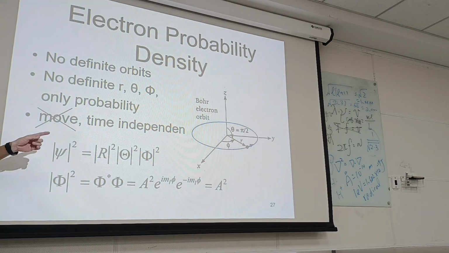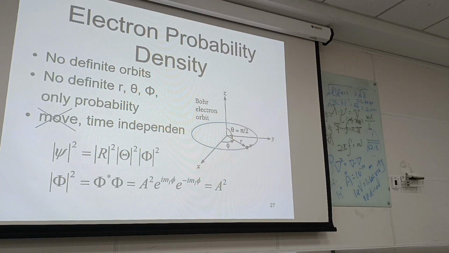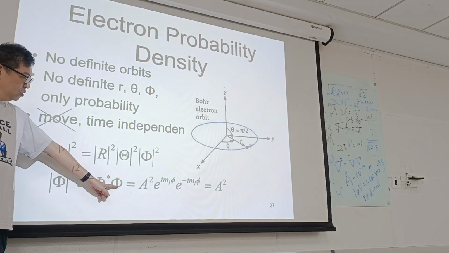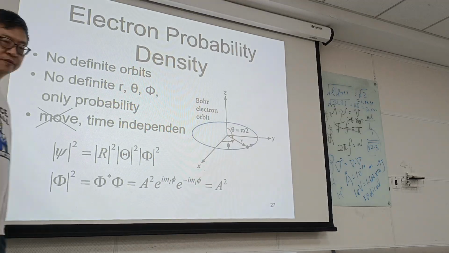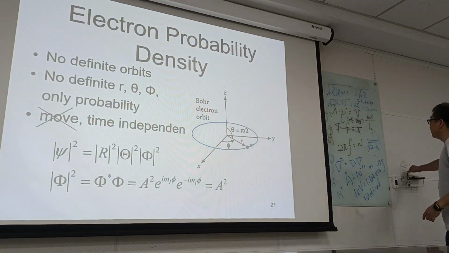Remember, psi is an imaginary number. So when we talk about numbers, we have a real number and we have an imaginary number. Imaginary means it's not real. So we can measure a real number, but we cannot measure an imaginary number. So if we want to measure the electron, we need to convert the imaginary number to a real number. And how? We need to multiply the imaginary number by its conjugate. Conjugate means